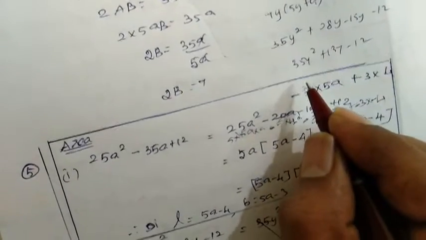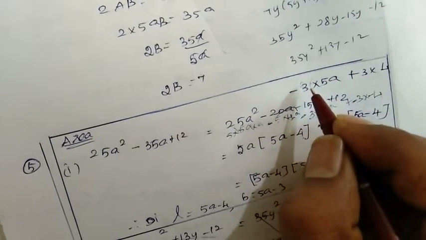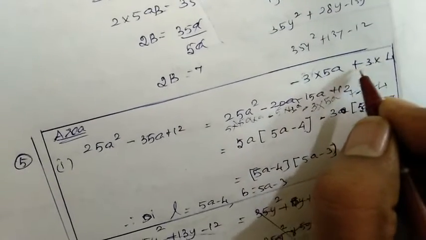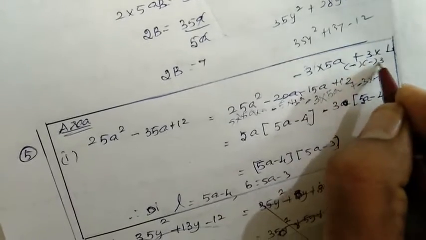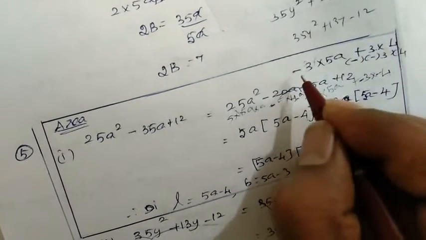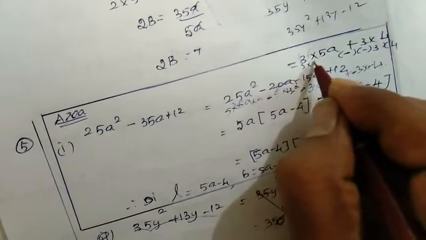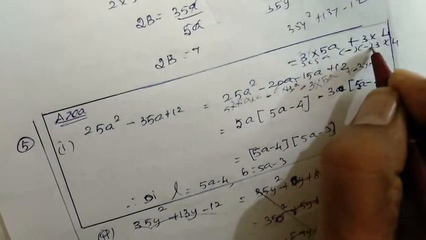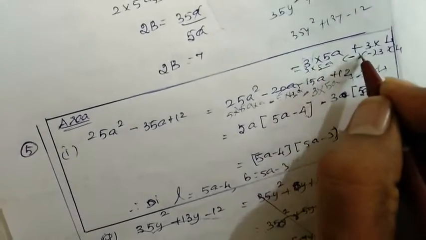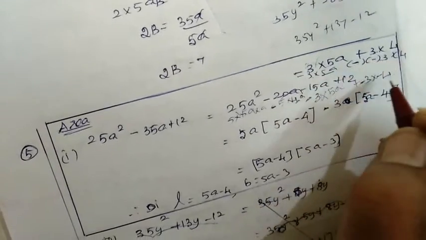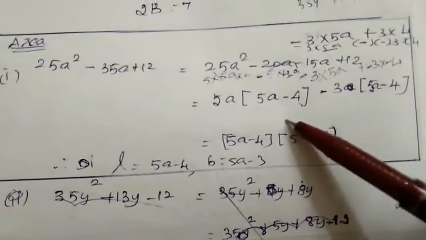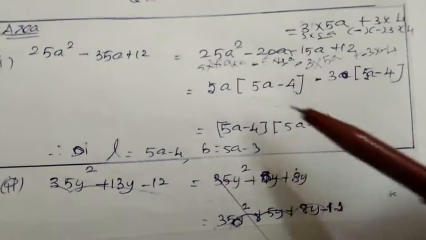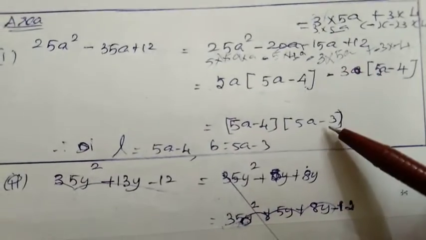Now we are going to consider minus 3 as a common. So we need minus here. So that splits towards pluses, minus into minus 3 into 4. So minus 3 into 5a. Now minus 3 is a common. Take outside. Remaining 5a minus 4. That's why minus 4. So be careful of your minus. So now 5a minus 4 and 5a minus 4 are common. We can take outside. Remaining 5a minus 3.